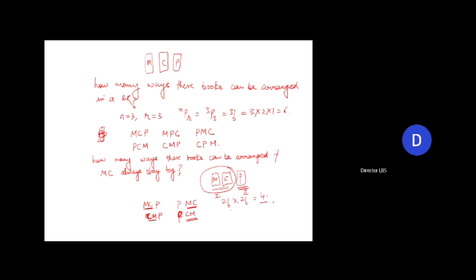So let's modify the problem a bit. And now what I'm saying is, there are now 4 books: maths, physics, chemistry, and let's say history.